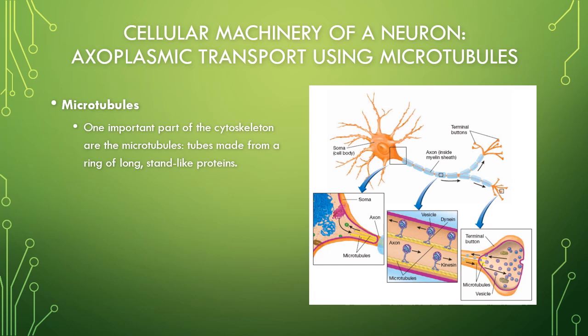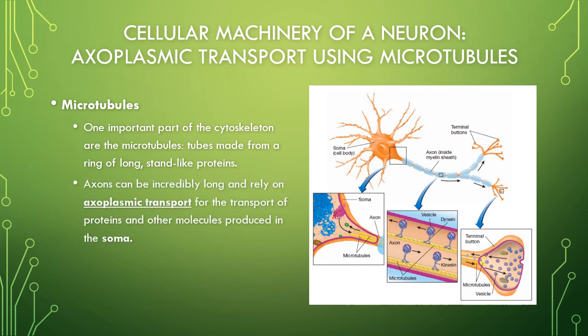One incredibly important piece of the cellular machinery, and it'll probably take you till the end of the semester to appreciate just how important the job of this one single piece of machinery in the cell is, are called microtubules. These are ring-like structures of proteins, and they act as a highway for the entire neuron. If we were to take a look at these from a side view, right now they just look like big tubes, but what they would really be is an entire string of proteins that form a ring together,